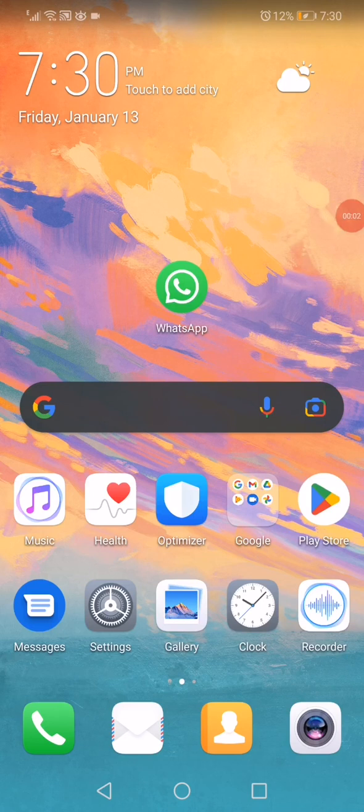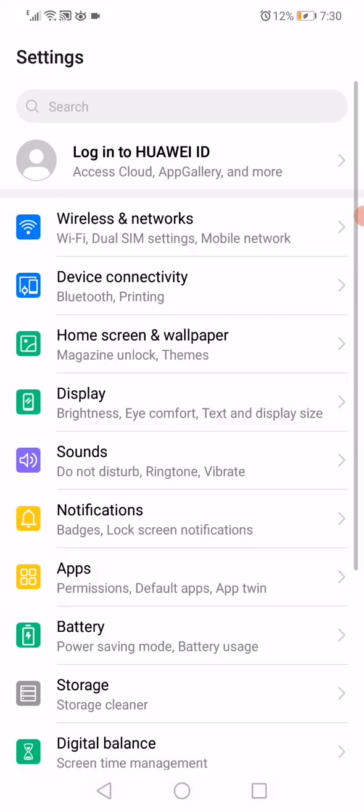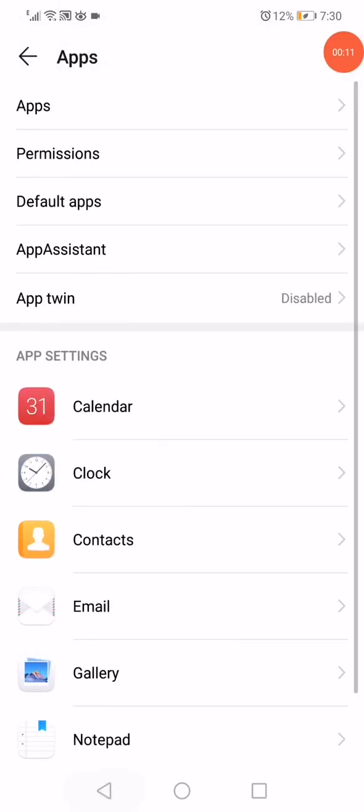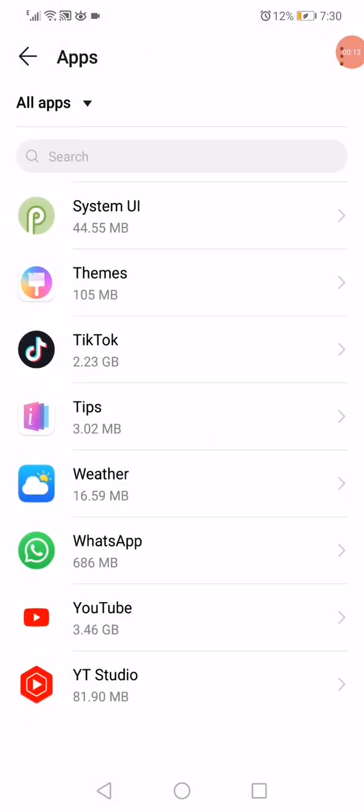How to fix WhatsApp QR code problem. So first thing you want to do, guys, is open the settings on your phone, and then you have to go into the apps manager, open the apps like this, and now on this page you have to go into